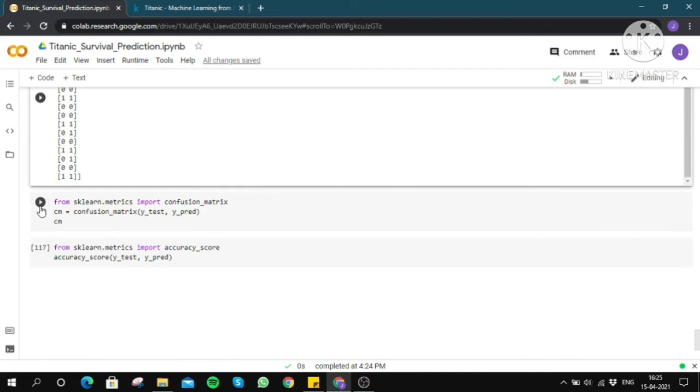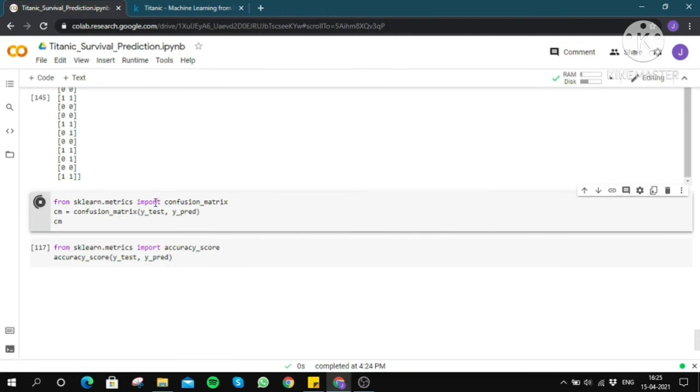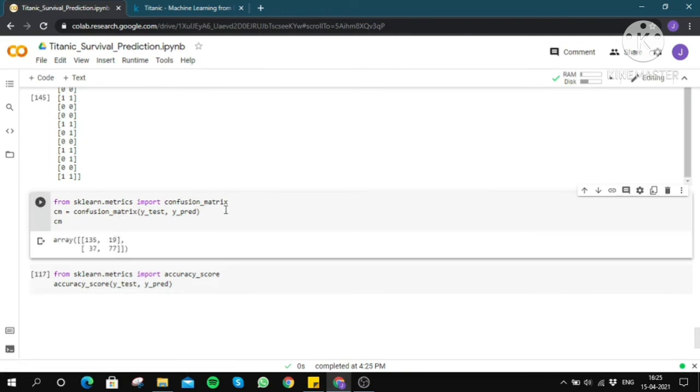Now, in order to look at the accuracy and performance, we'll be printing the confusion matrix, which will show us how many correct and incorrect predictions the classifier has made. As you can see, the classifier has made 135 correct predictions for the persons that have not survived, and 77 correct predictions for the persons that have survived.